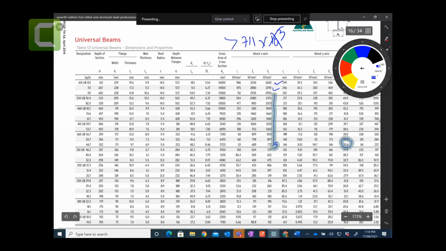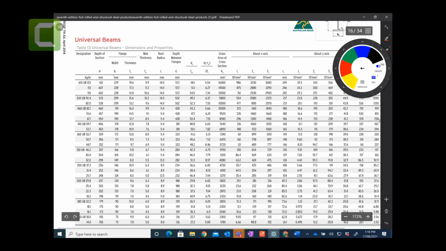One steel tables, that 530 UB, that we need to take it. So 530 UB, 513 UB, and what was the